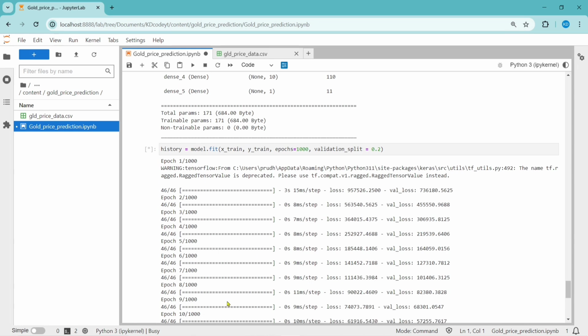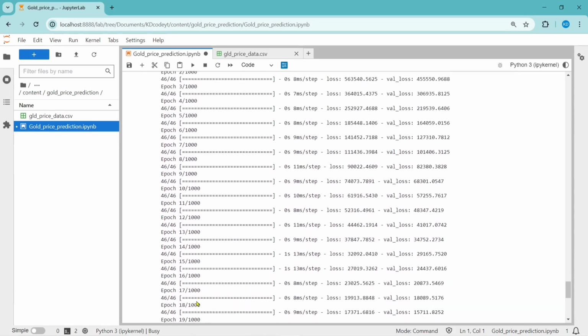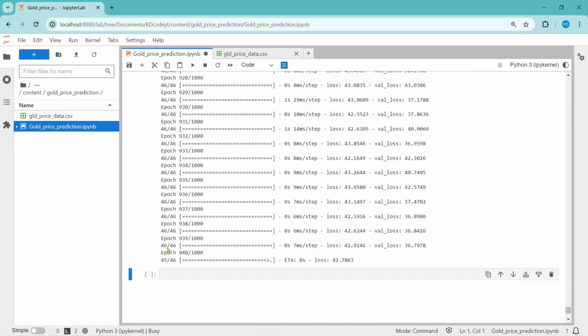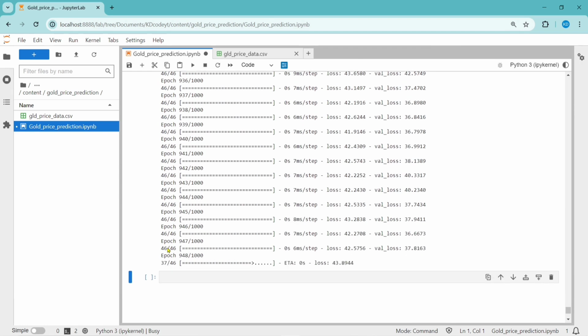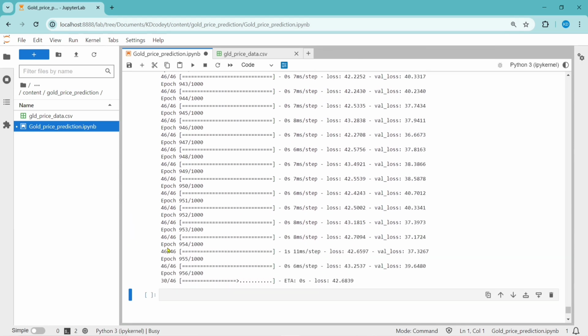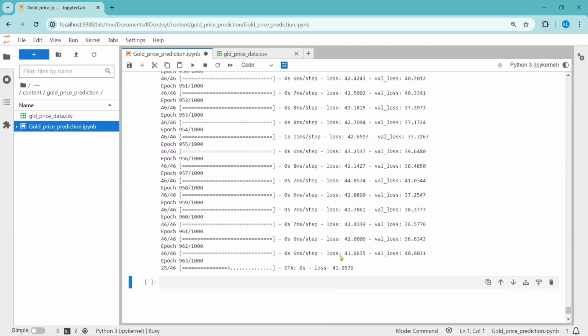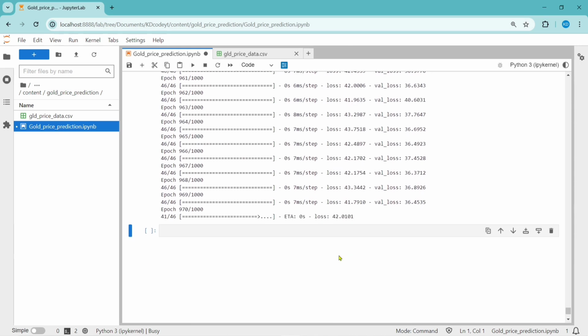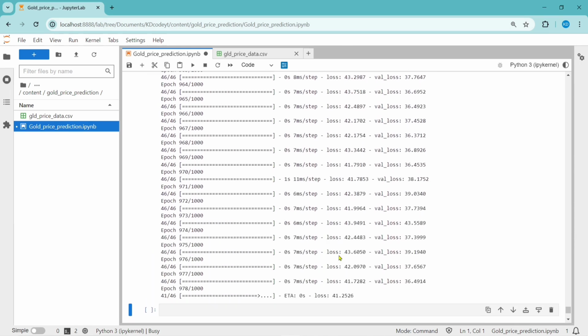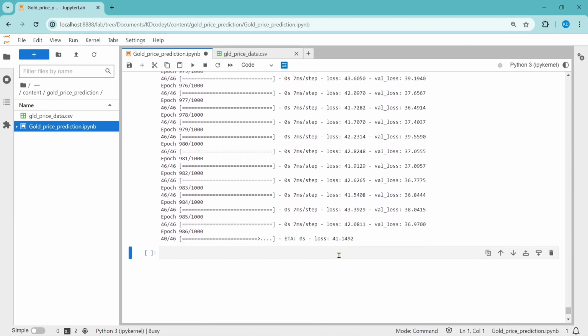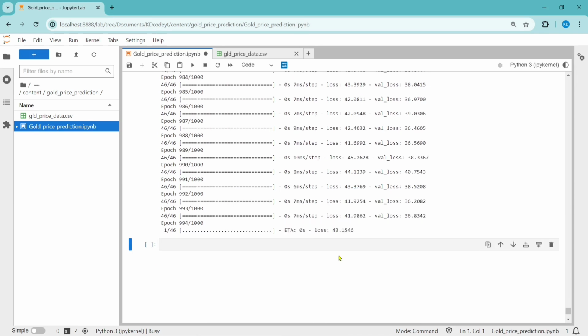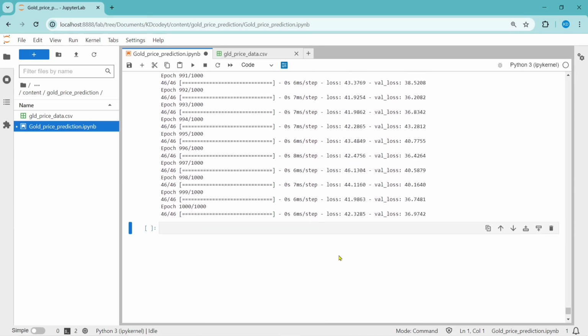So you see the epochs are running 10, 11, 12. It will take some time. Let's see how much time it takes. So if you see here, guys, this model is getting completed. 50 more runs. And if you see the loss, it is gradually decreasing. So after this model got completely built, let's plot a graph now at which epoch it is giving the